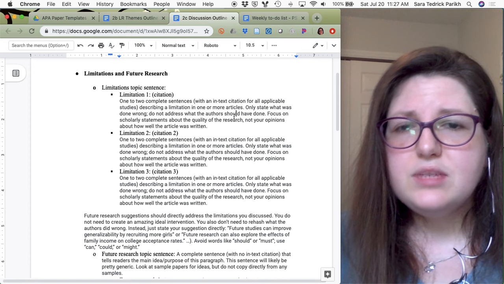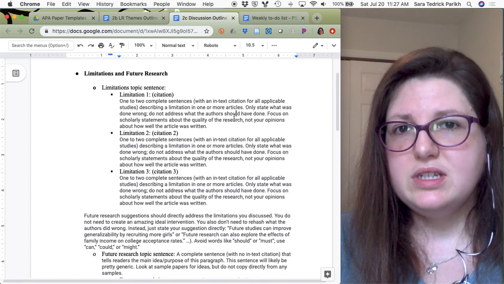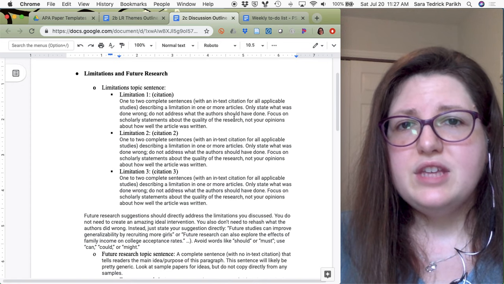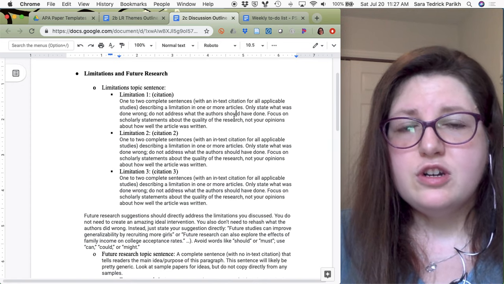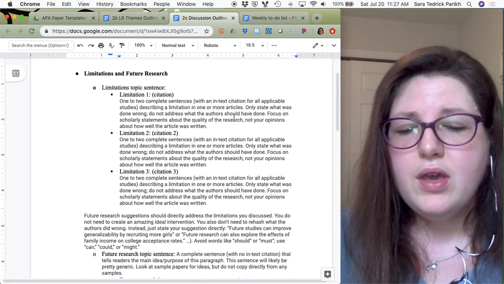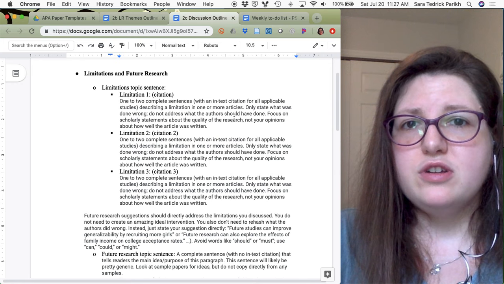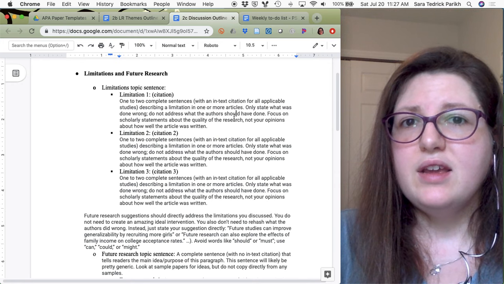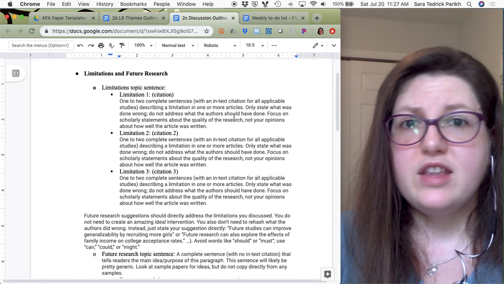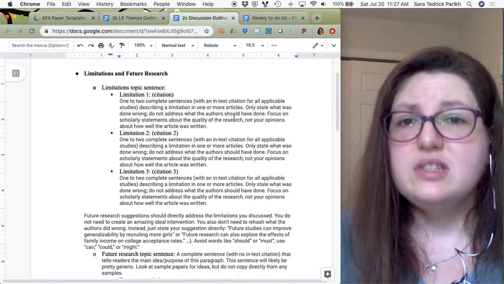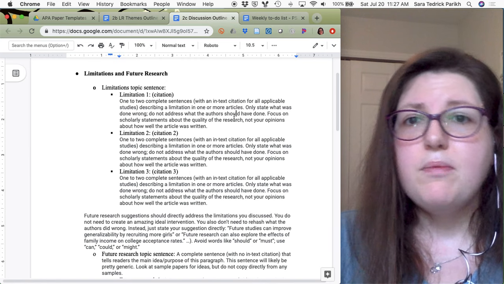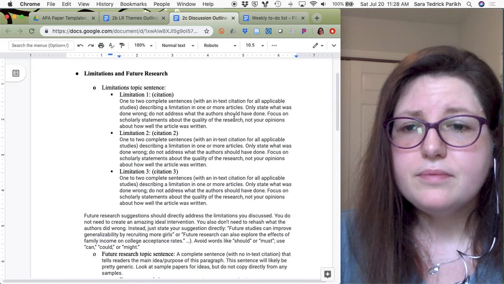So the easiest way to find limitations is to look at participants, look at who's being included. More advanced ways include things like whether the measures are appropriate, whether this measure was really designed to do this thing, whether the measures have psychometric validity and reliability. So psychometric just means a measure that we use for psychological things. Like an intelligence test, a depression screening, a personality assessment. Those are all psychometric measures.